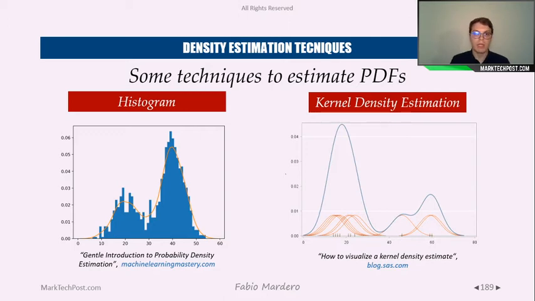Let's see some techniques to estimate PDFs. The first and the most used is the histogram. Histograms can be used even for numerical or categorical variables. The kernel density estimation, instead, is a sort of